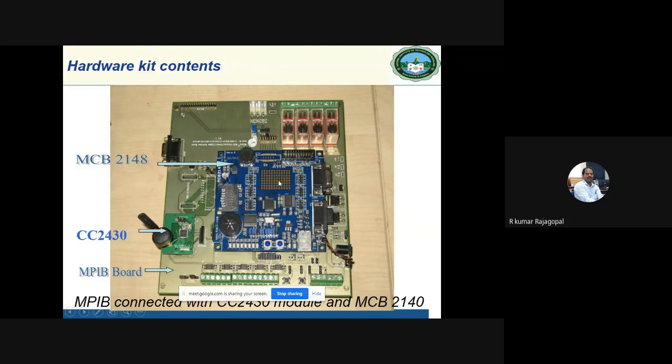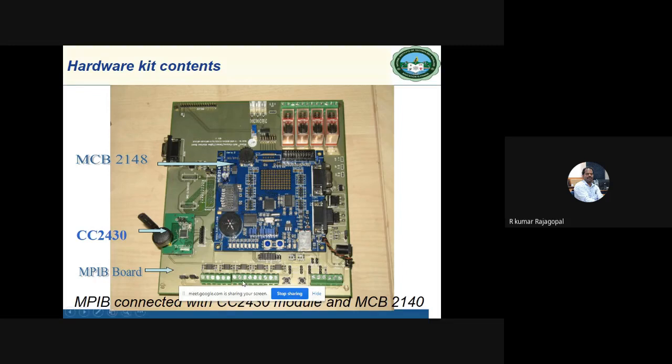Because we can use not only this ARM processor, you can use a DSP processor or other PowerPC processor, but the base will be common. So the base will be common to other interfacing, but the master board may be, in this case, an ARM processor. Maybe if you want, you can use your DSP or PowerPC or some other processor also. That's the option available. So the base board is nothing but MPIB, multi-purpose interface board, the ADC 01 and